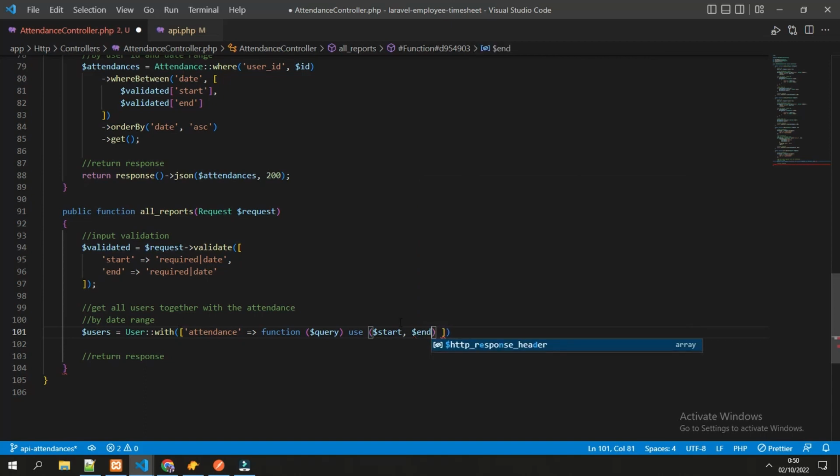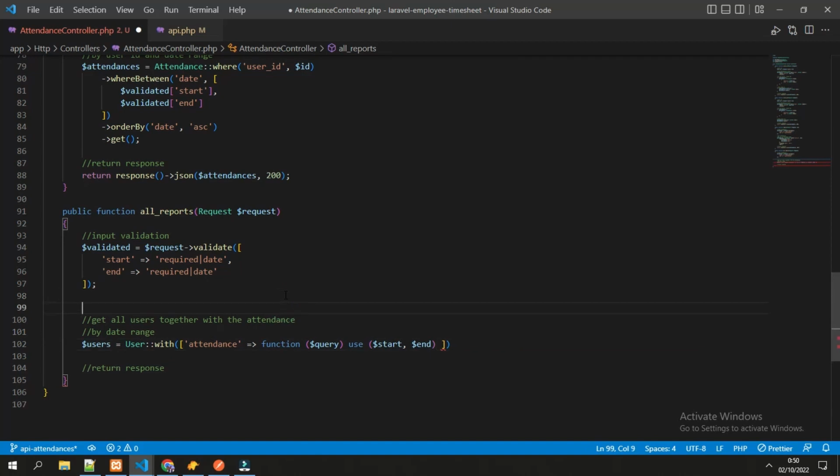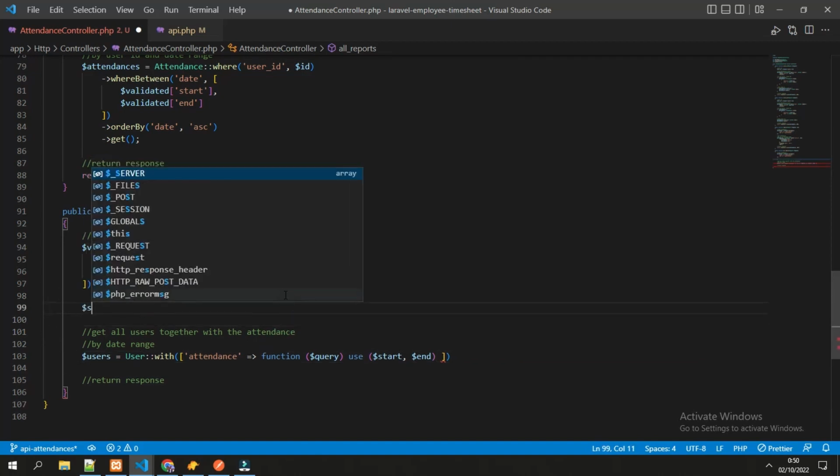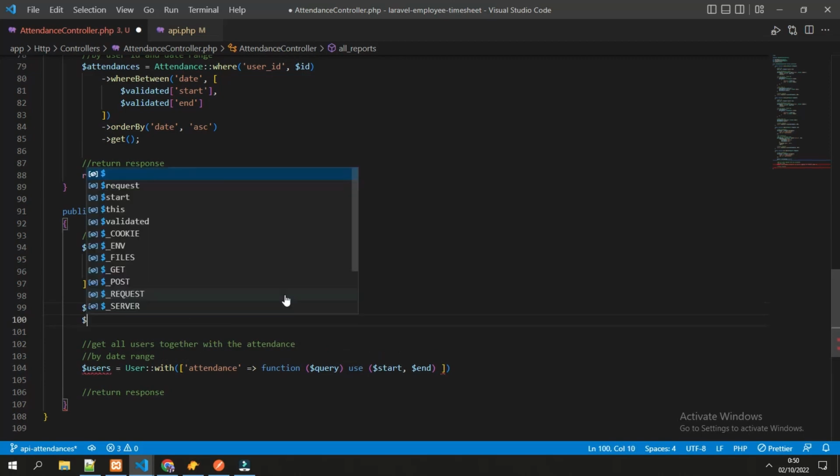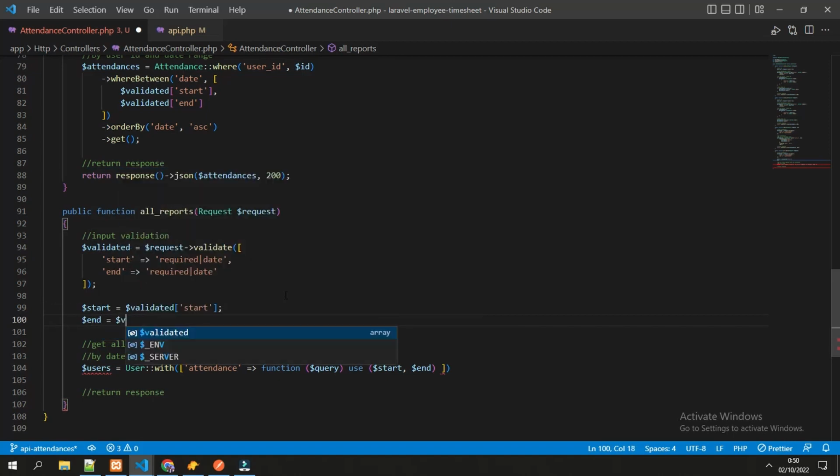Because we don't have those variables, now let's create them first. So the start is from the validated start and end is from the validated end.